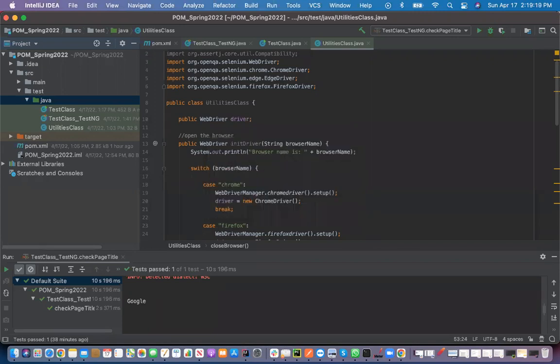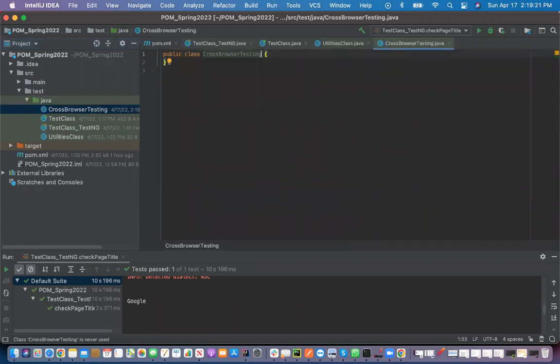So these are some concepts that you will be using in the future. In one page, you will keep all the reusable stuff. And in another page you will be testing using those reusable stuff. So this cross browser testing, right? You are using this utilities class. Now,